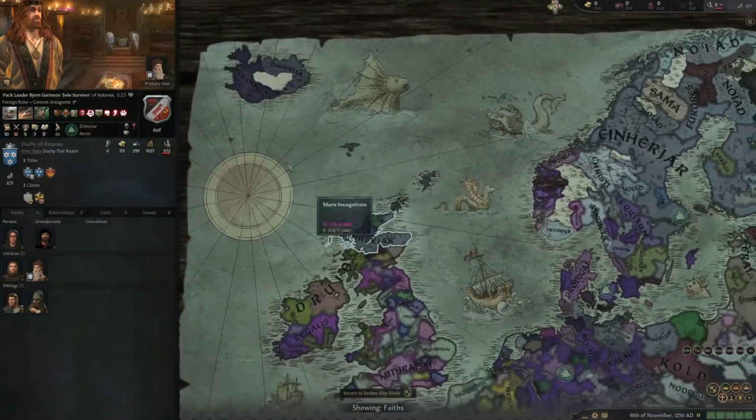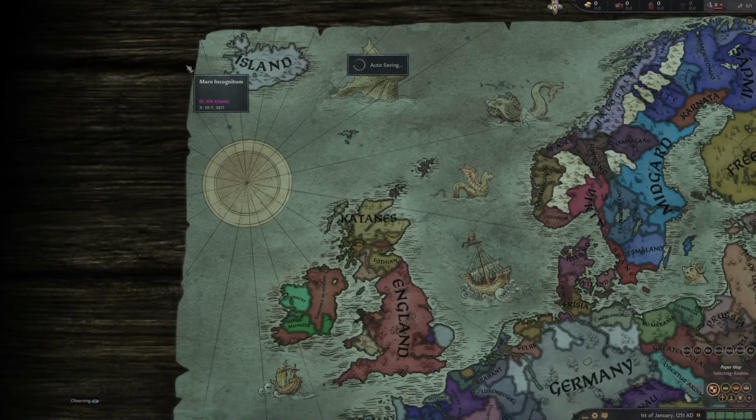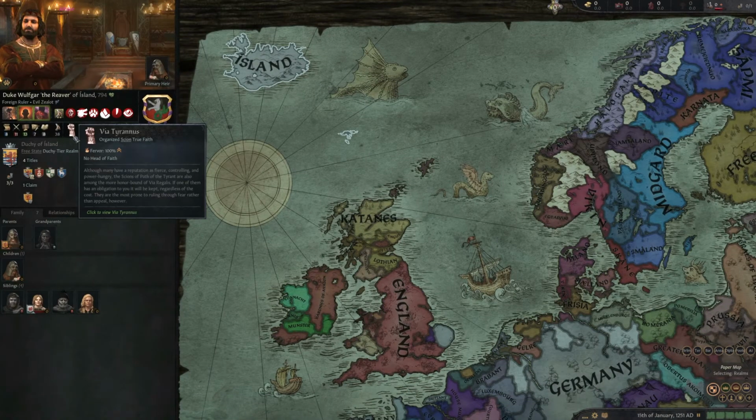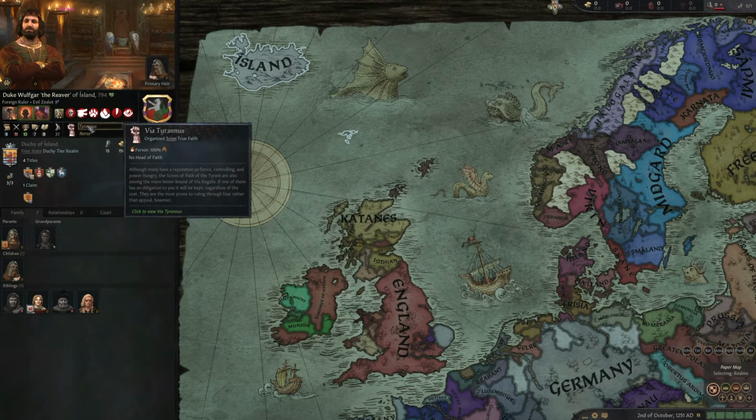people. The Via Tyrannus. Let's read what that is. Reputation: fierce, controlling, power hungry. The scions of the Path of the Tyrant are also among the more honor bound of Via. So they're an offshoot of Via Regalis. One of them has an obligation that would be kept regardless of the cost. Okay, this is much better than I thought it was. This is sort of much more reasonable than it came off as,